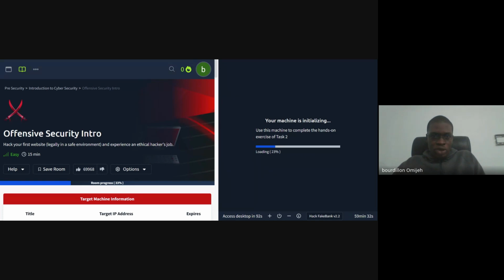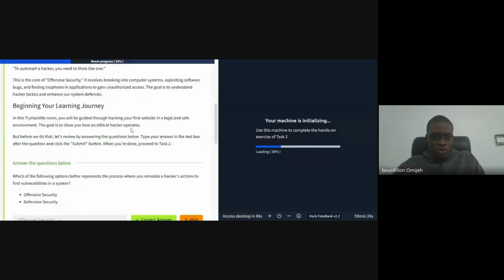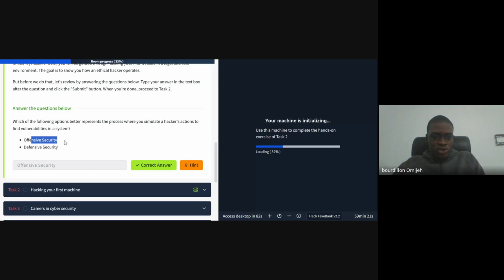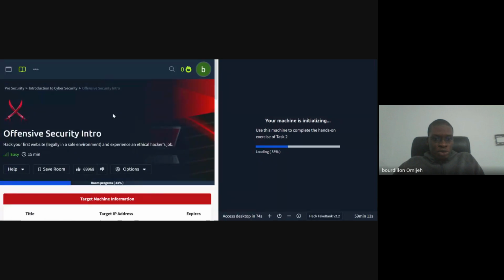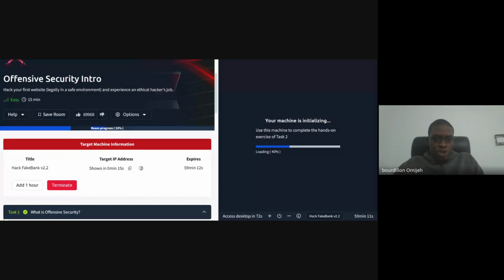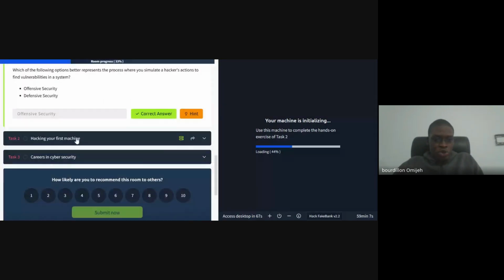Then once you do, if you had answered this question the last time, whether the answer was offensive or defensive security, right? We answered it the last time, so your room should be showing room progress 33%. You should have answered it, and by now we should be going to this next question, which is hacking your